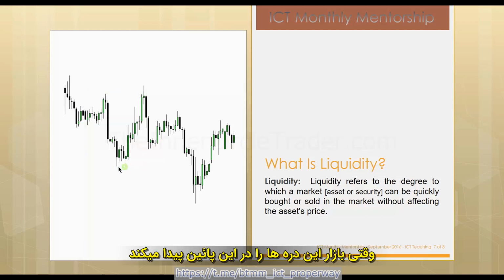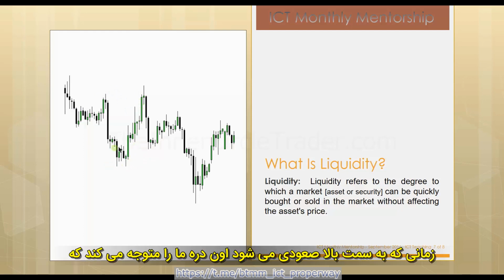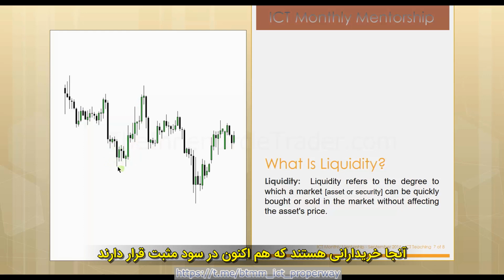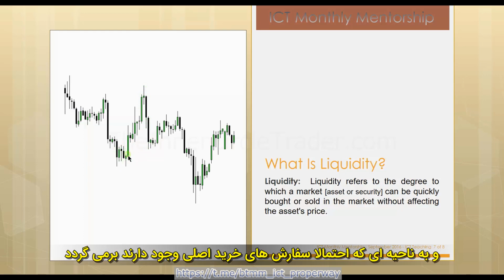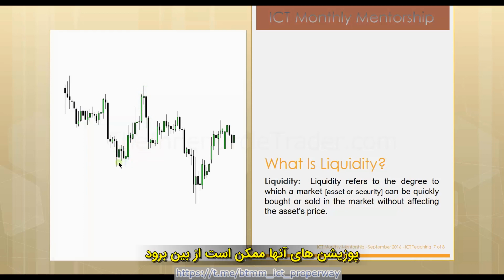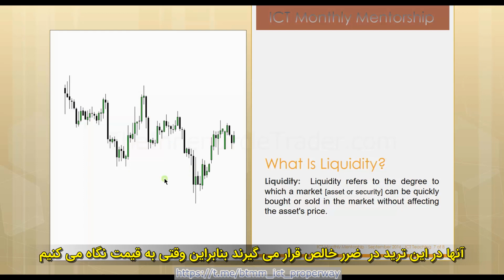As the market finds these lows down here, as the market rallies away, our understanding is that there's going to be buyers that have positions that are net positive or profitable as it trades higher. At some point, when the market starts to trade back down lower, back into the area in which the buy orders would have originated from, their open profits would be eroding until eventually, moving into this area here, they would be at a net loss position.